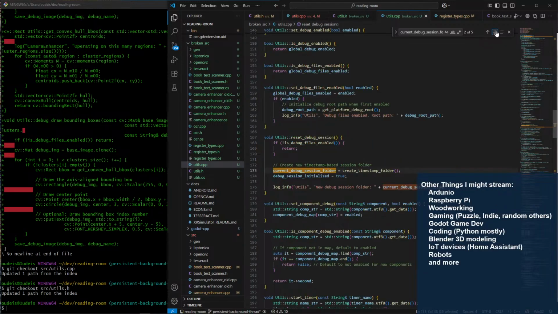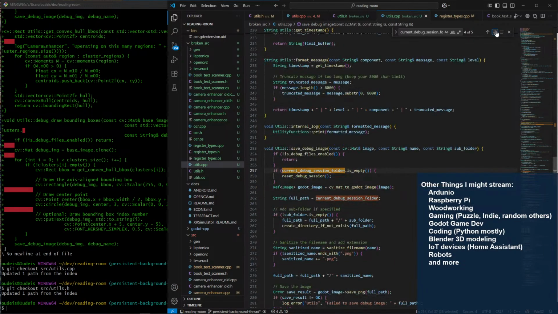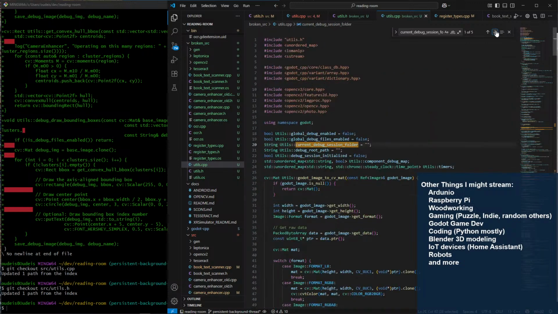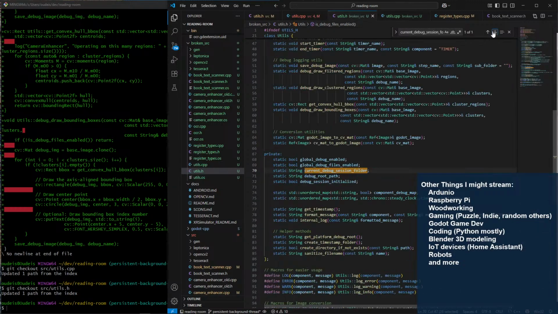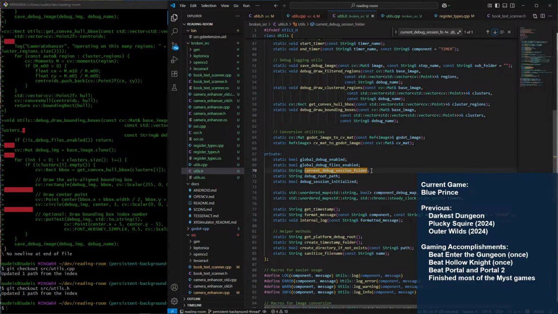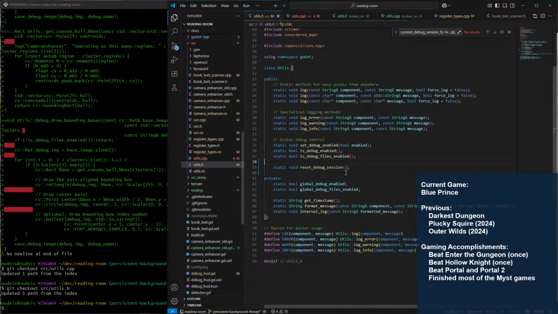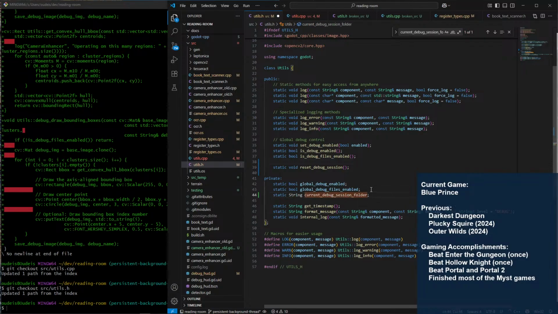Right, the reset debug session. Save debug image uses it. That's fine. And then .h has it as a private underneath those.